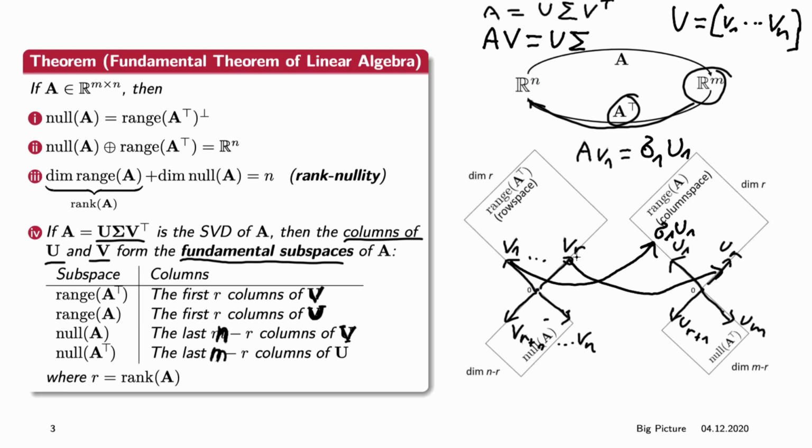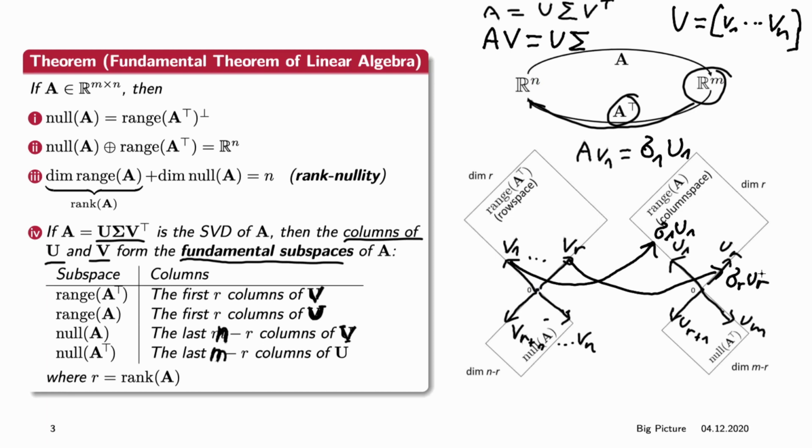Remember that v_r is the dimension corresponding to the smallest sigma that is larger than 0. So this will have a magnitude that is smaller or equal to that of sigma 1 u1. Sigma r u_r. Now if we take any of these here, then they will become sigma r+1 times u_r+1,